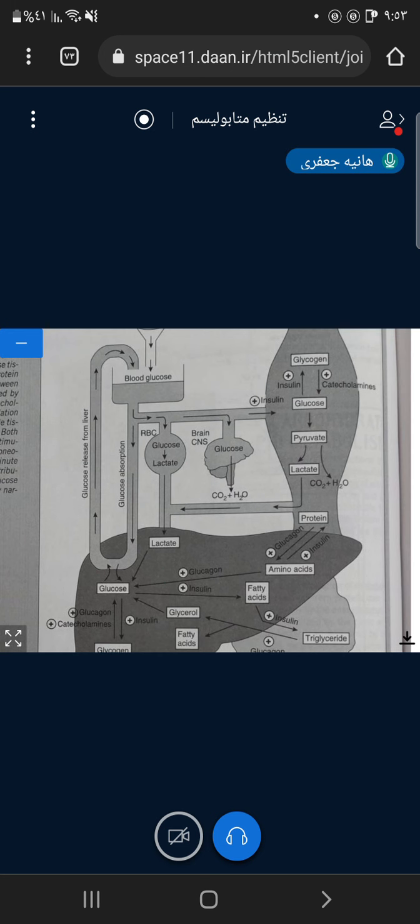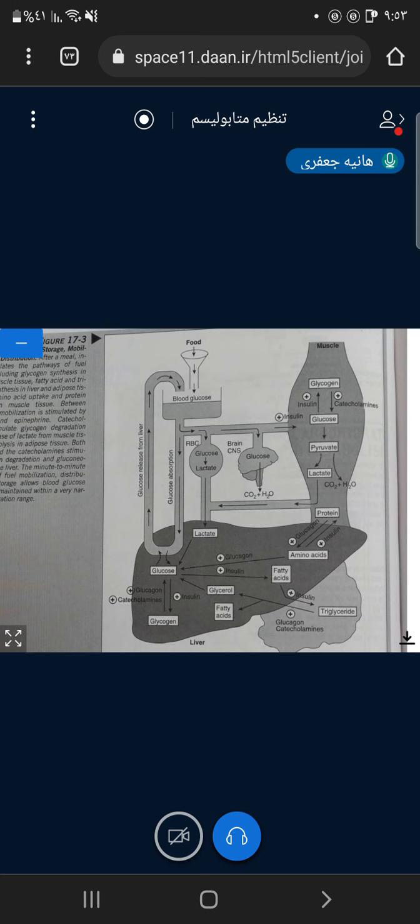ببینید، ما جلسه گذشته در مورد مسیرهای مختلف متابولیکی و ارتباطشون با همدیگه و تعداد زیادی از مولکول‌ها که درست تو نقطه انشعاب قرار میگیرن خدمتتون صحبت کردم. بعد رسیدیم به پیام‌های هورمونی که میتونن متابولیسم کربوهیدرات‌ها، لیپیدها و پروتئین‌ها رو ادغام